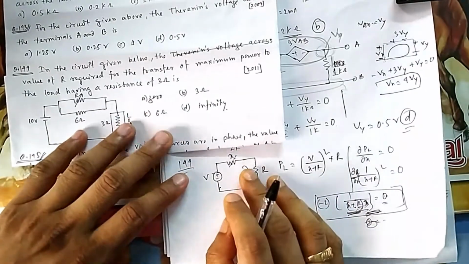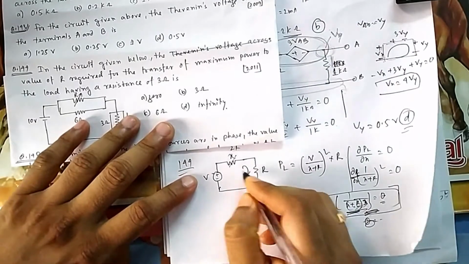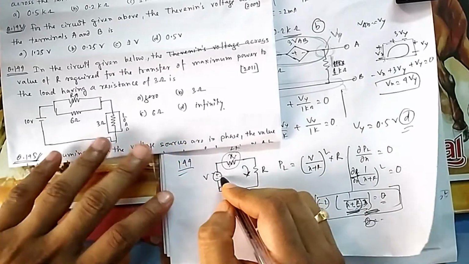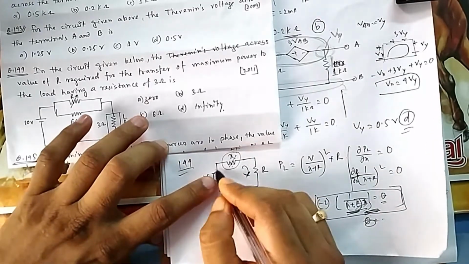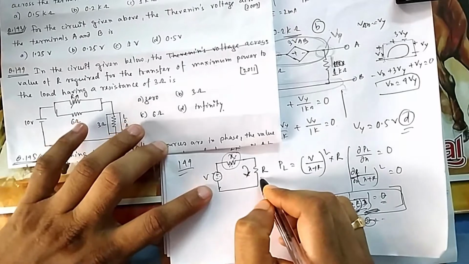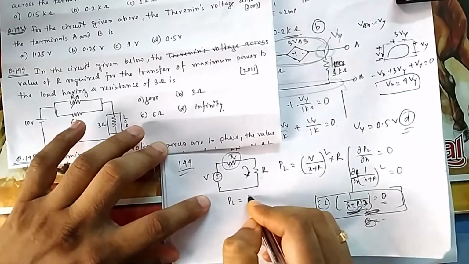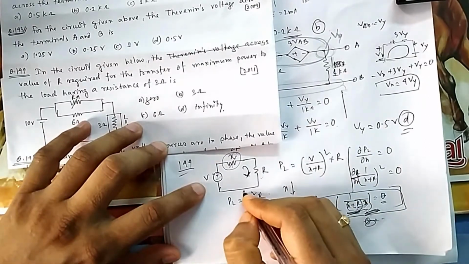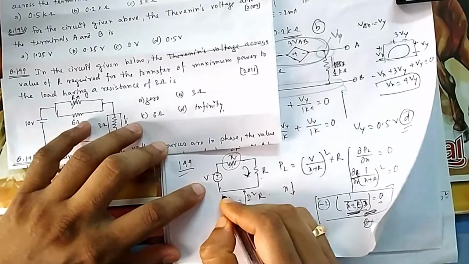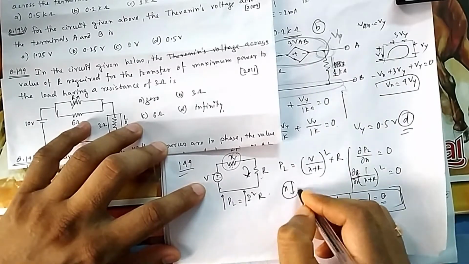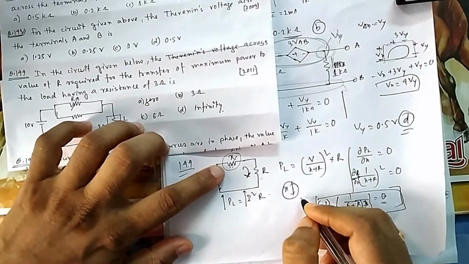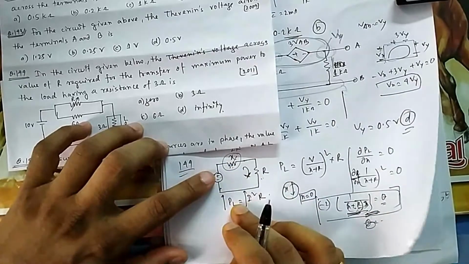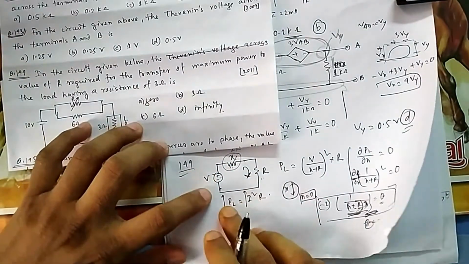Now you have to think how you will think. So when will the maximum power occur? Maximum power will occur if you give minimum internal resistance. If your resistance is minimum, then there will be no drop and your current will come here. So here the power is equal to I square R. So if you reduce your X, your I will get increased, and once your I increases, you will get power. So what is the maximum value you can reduce X to? You cannot obviously go to negative, so X can be equal to 0. So this is the maximum. If the internal resistance is 0, then my I can be maximum, so my power can be maximum.